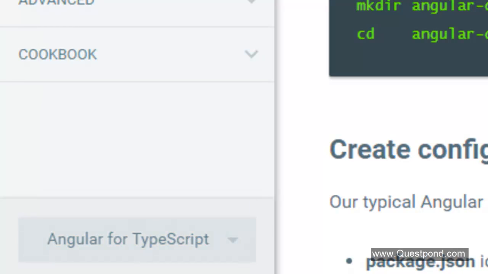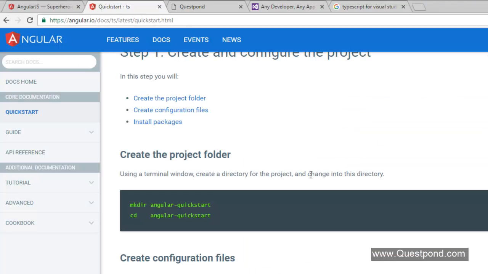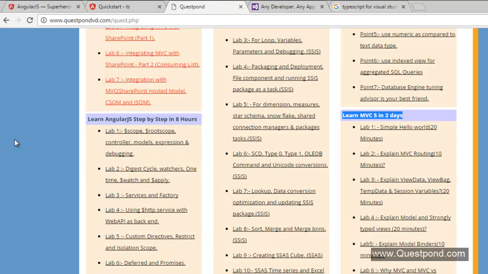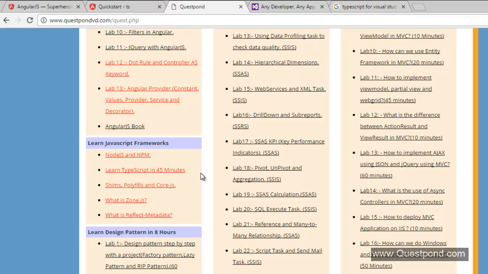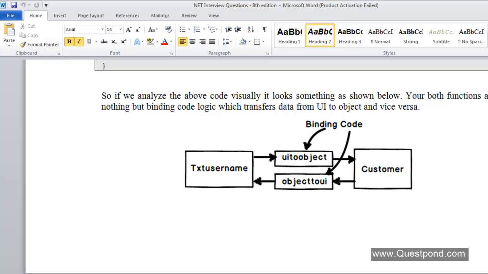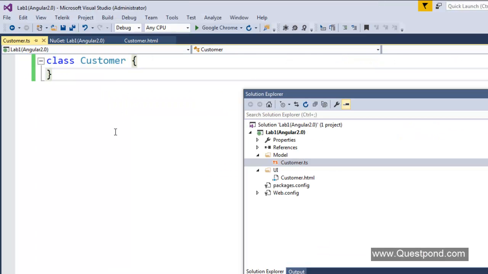So if TypeScript was used to create the Angular framework, then it makes sense to write our components using TypeScript, right? And in case you're new to TypeScript, again I repeat, please do go ahead and see this 45 minute video on TypeScript so that you can understand its syntaxes in a better way, right? But for now, I have this customer class, and let me create 3